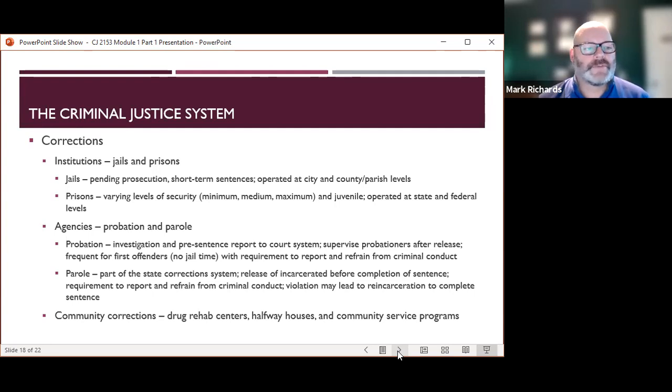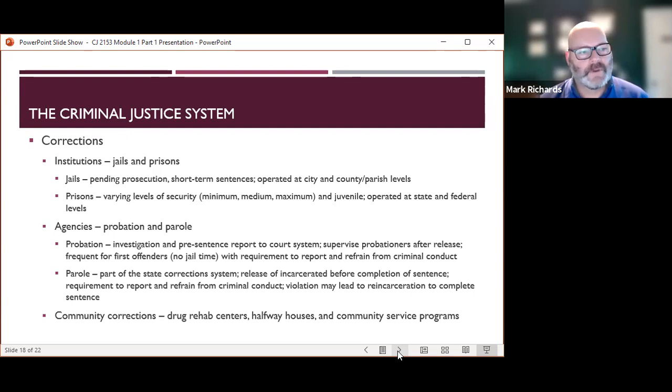Agencies involved in the corrections process are what's known as probation and parole agencies. Probation is the investigation and pre-sentence phase in the court process. Probation officers will draft investigatory and pre-sentence reports and provide them to the courts. Probation officers supervise probationers after their release. Probation is often frequent for first offenders, where the first offender will not get jail time. They'll be sentenced to probation only, with the requirement that they report to their probation officer and refrain from criminal